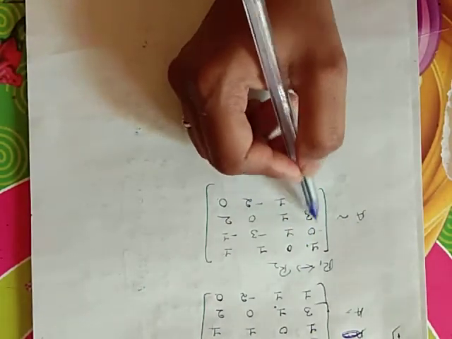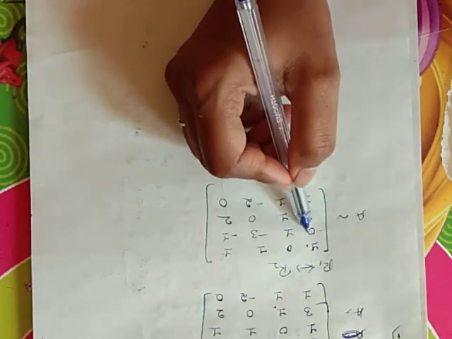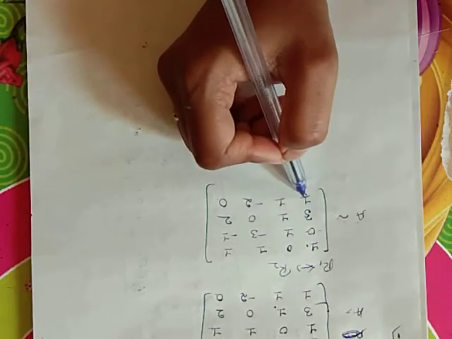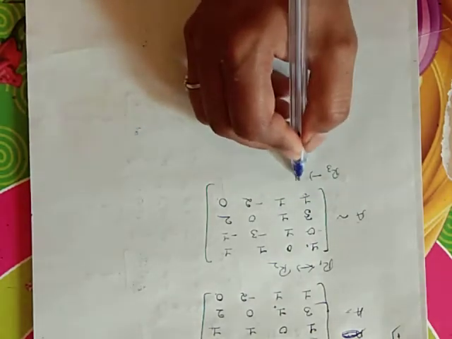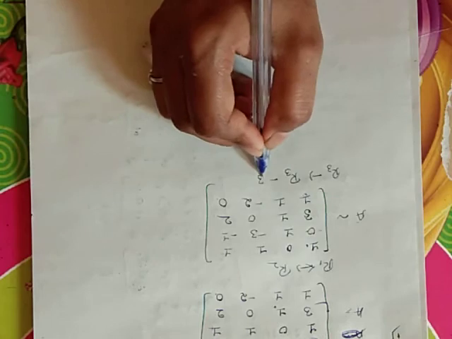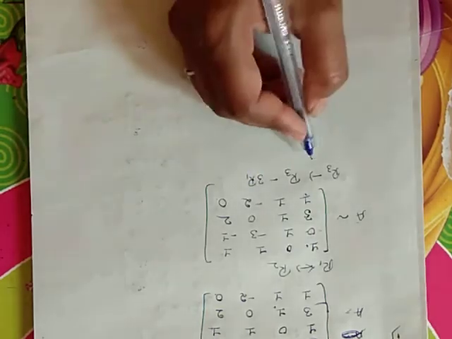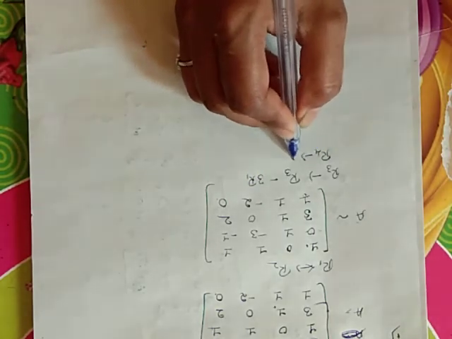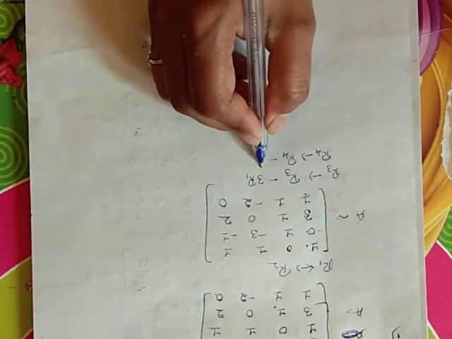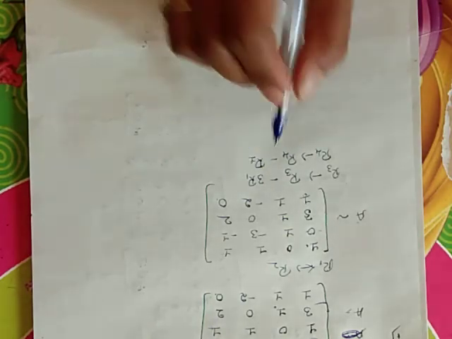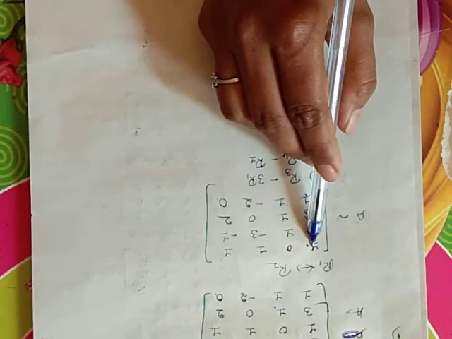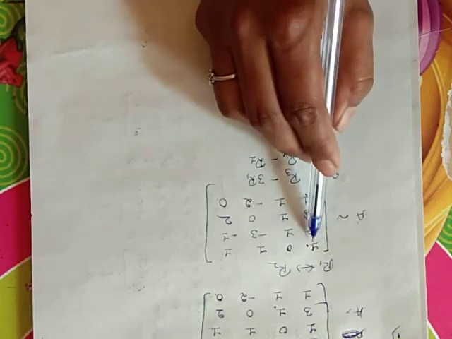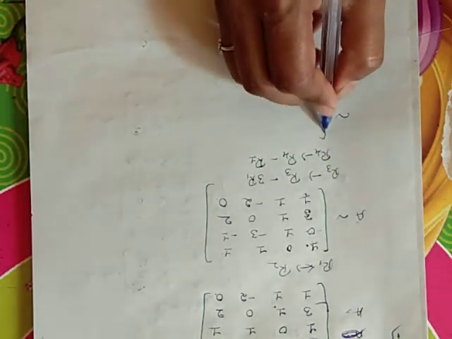So now using the first row first element, make the elements below it in that column 0. It is already 0. So convert these two terms to 0, that is R3 and R4. To convert that to 0, R3 tends to R3 minus 3 into R1, R4 tends to R4 minus R1. Here it is 1, 1 minus 1 is 0, and using this one you have to convert the 3 to 0. So multiply it by 3, 3 minus 3 is 0. So now the transformation is applied.